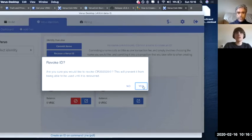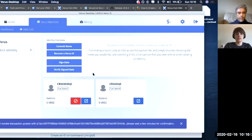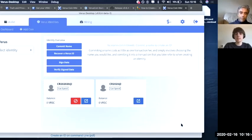It's only one transaction fee, which is tiny. Okay, so I'm going to revoke that, and then again I can recover it, and I can revoke it, and that way I can slowly lose all my Veruscoin. Enough, right? But actually, the great thing about revocation and recovery, especially now that you can sign and verify